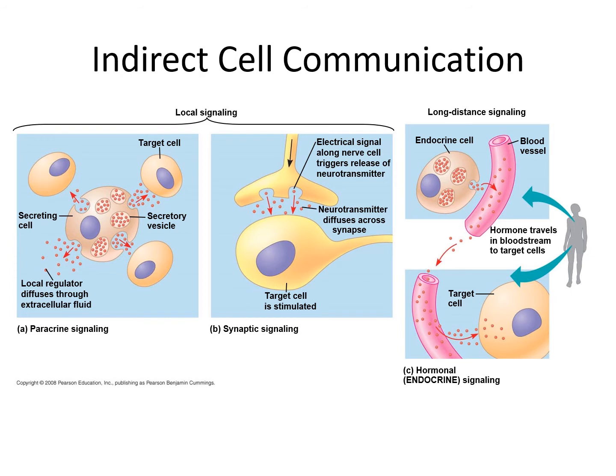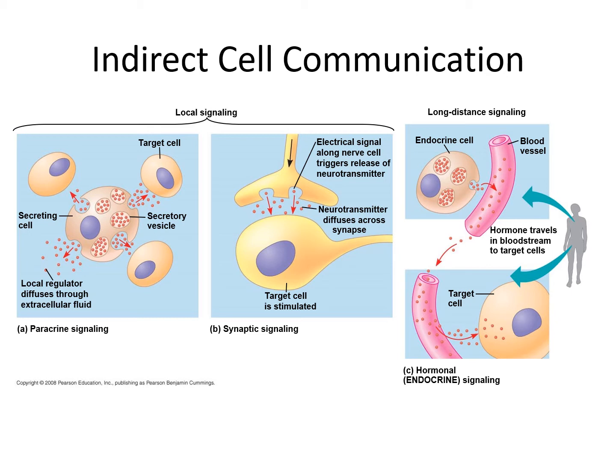Instead of communicating directly through channels, many cells will secrete a signaling molecule. And that secretion occurs into the interstitial fluid between cells. In paracrine signaling, the target is very, very close to the cell that is secreting the signal. So para means beside, these cells are right next door. In synaptic signaling, we're dealing with neurotransmitters that are moving across a synapse, a very small space between a nerve cell and another nerve cell, or a nerve cell and a muscle cell or gland, something that will be affected